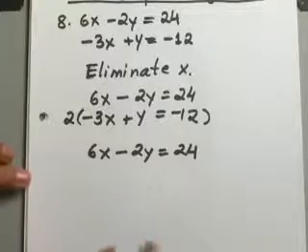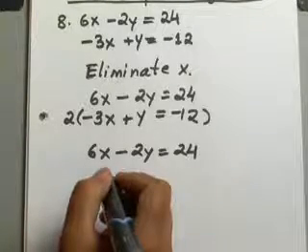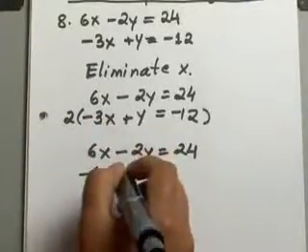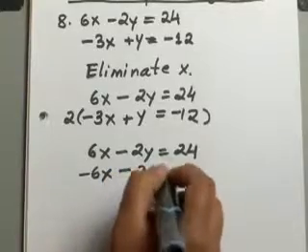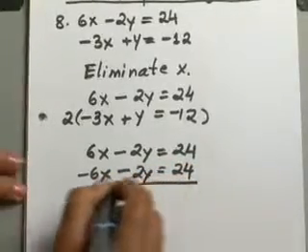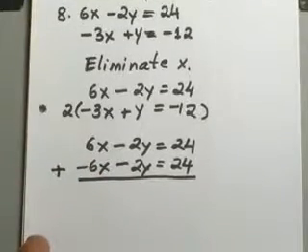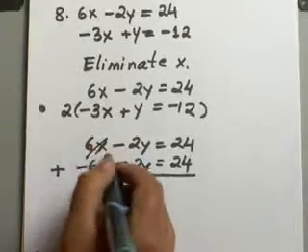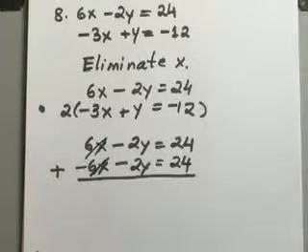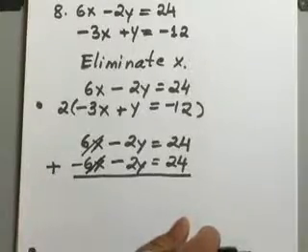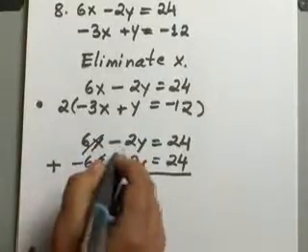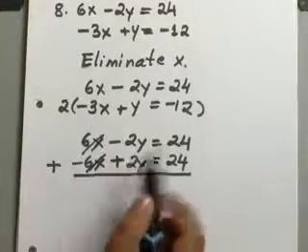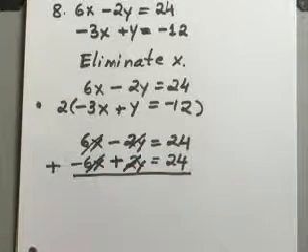again, your first equation stays the same. Your second equation will be negative 6x. This will also give you a positive 2y and a negative 24. When you add the two equations, what happens? Your x eliminates. Did I miss something here? Yes, I did. This was positive 2y. It should be a positive here, because this was 2 times positive y. So there we go. Your y eliminates,